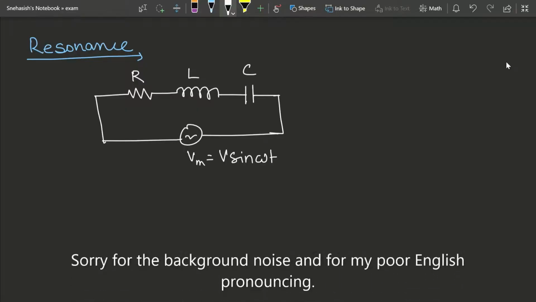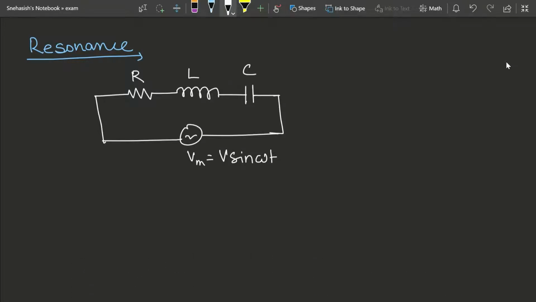So today we are going to talk about resonance. First, what is resonance? Resonance is basically a phenomenon which occurs in RLC series circuit as well as RLC parallel circuit. So, what does a circuit in resonance do? If a circuit is in resonance,